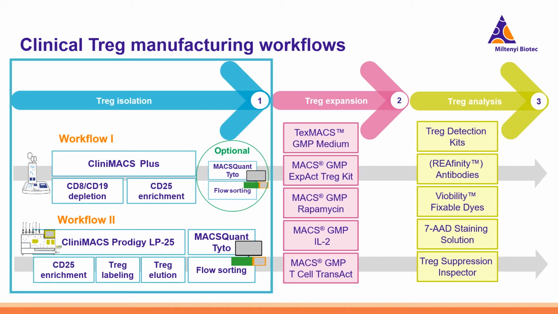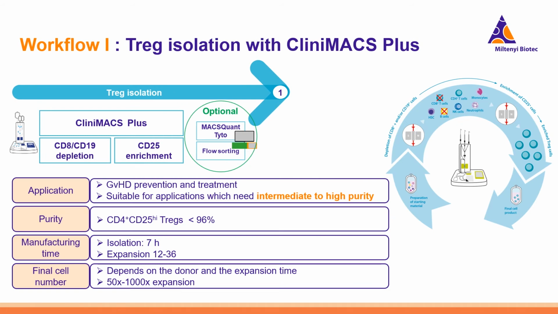So let's start to go through each of them, but I would start with the Treg isolation step and compare the method in workflow 1 and 2. In workflow 1, isolation is based on CliniMACS Plus, which is a dominant and very well-known device in the field regarding Treg isolation, and you can find it in most of the clinical Treg publications. CliniMACS Plus enables you to first deplete CD8 and CD19 cells and afterward enrich your CD25 positive cells. As you can see here, it is mainly used for production of cells in the field of GvHD prevention and treatment, and the final yield is at an intermediate to high purity, approximately up to 96%,